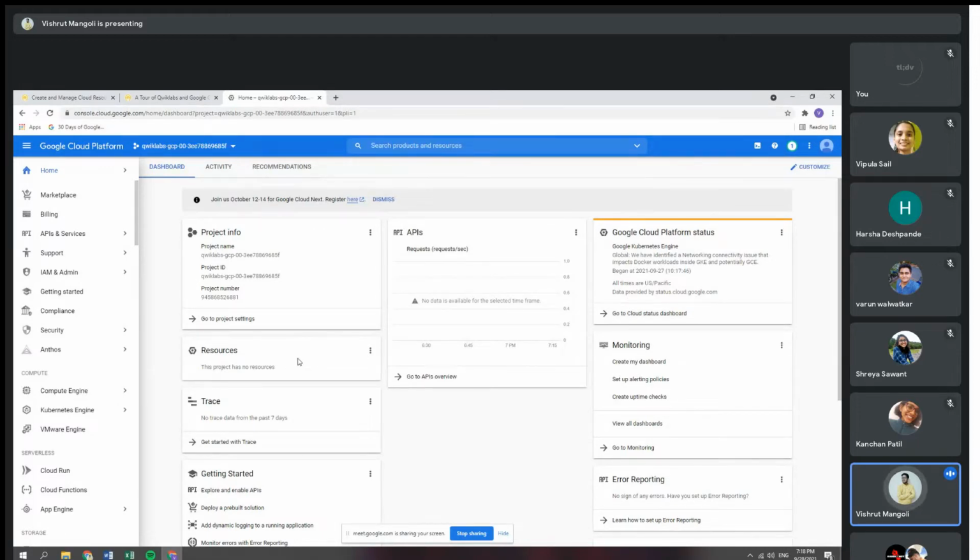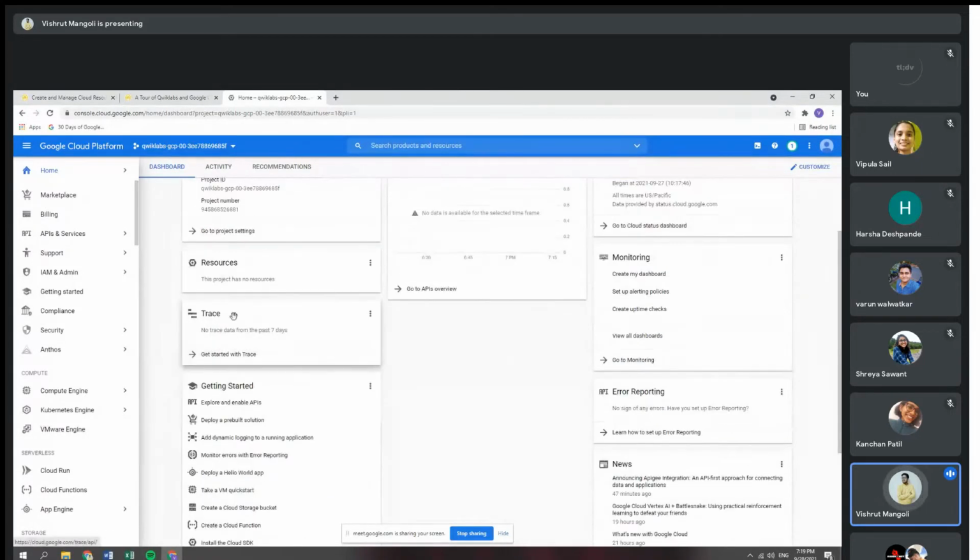Resources. Coming to resources, this contains all the resources that you are currently using. For instance, you might be using virtual machines, Kubernetes clusters, or BigQuery warehouses. All these will be shown here: the current resources that you're using, for how much time they are running, and the other data-critical nodes that they are using.